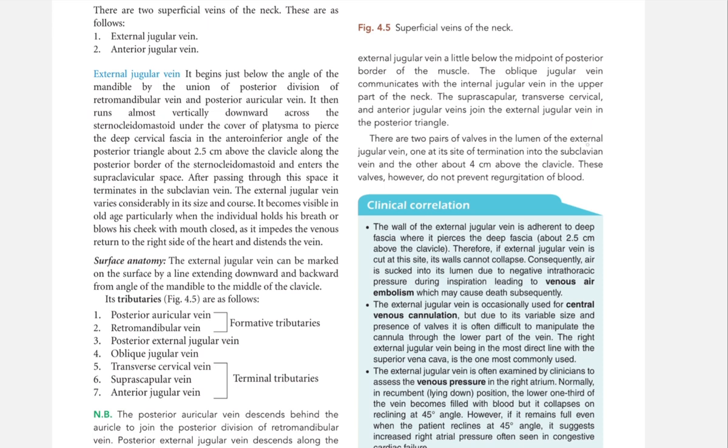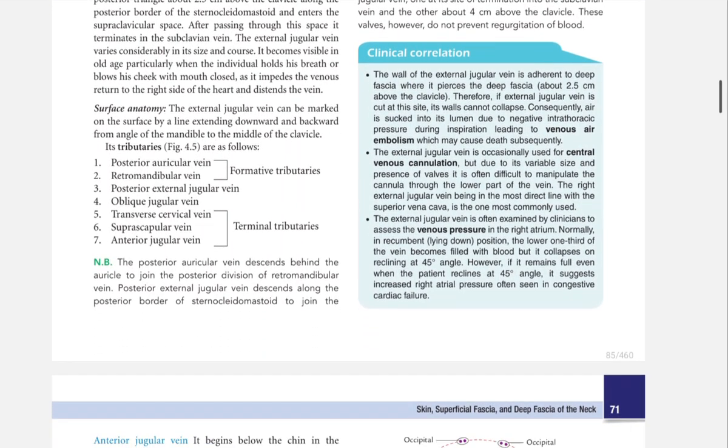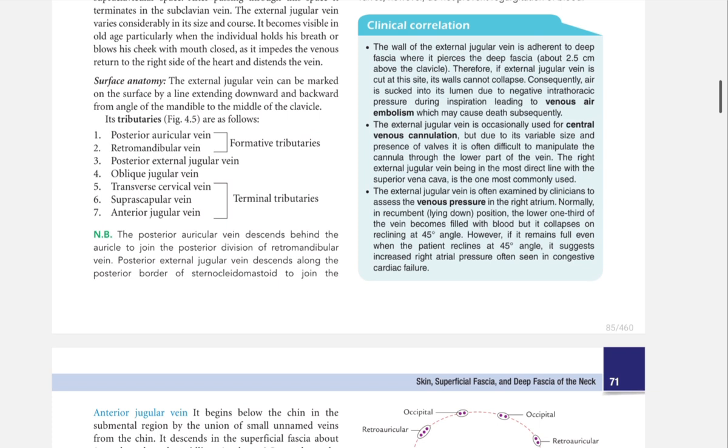There are two pairs of valves in the lumen of the external jugular vein, one at its termination into the subclavian vein and other about 4 cm above the clavicle. These valves, however, do not prevent regurgitation of the blood. The wall of the external jugular vein is adherent to deep fascia where it pierces the deep fascia. Therefore, if external jugular vein is cut at the side, its wall cannot collapse. Consequently, air is sucked into the lumen due to negative intrathoracic pressure during inspiration, leading to venous air embolism, which